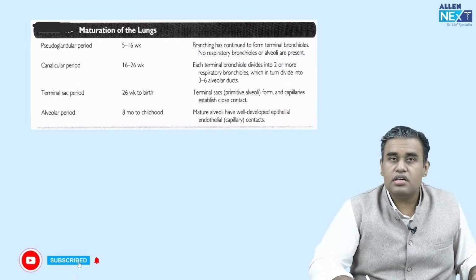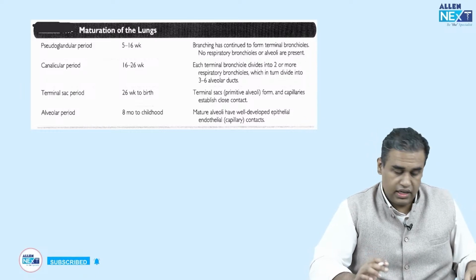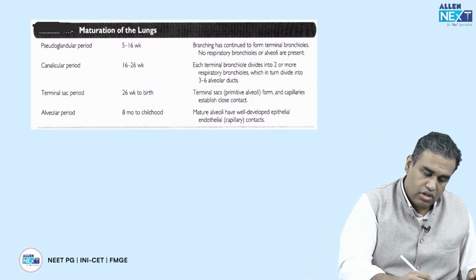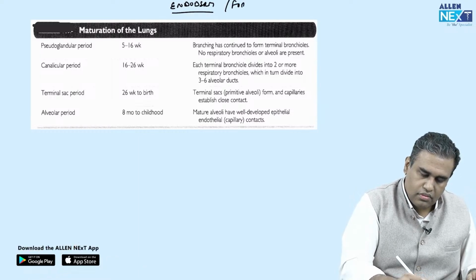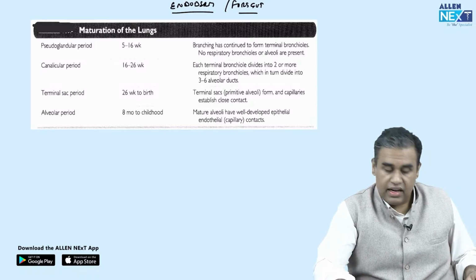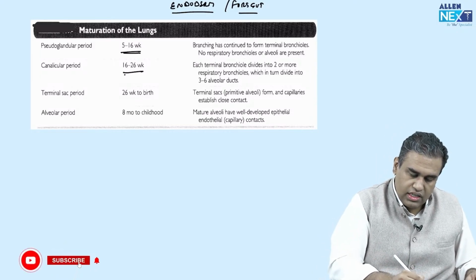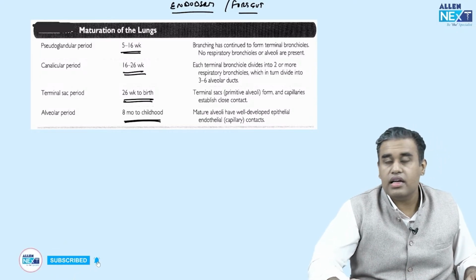नेक्स्ट इमेज if we come over here, this is the development of the lungs. याद रखिए लंग्स का डेवलपमेंट, लंग्स एम्ब्रियोलॉजिकली आ रही हैं endoderm से, endoderm में कहां से, they are coming from the foregut, they are coming from the foregut. टाइम पीरियड याद रखिए 5 to 16 weeks में क्या हो रहा है, 16 to 26, 26 weeks to birth